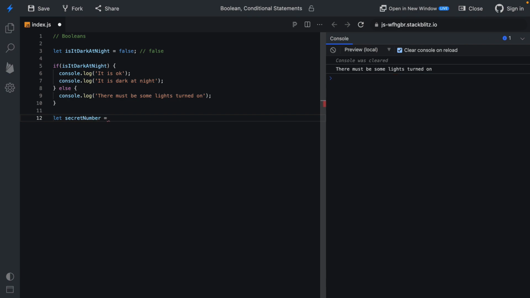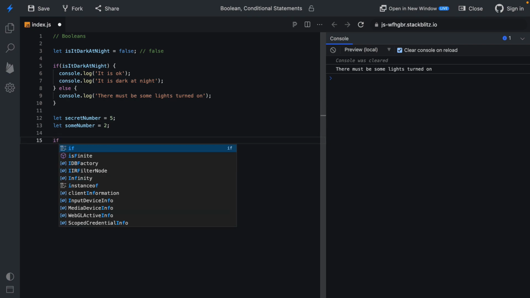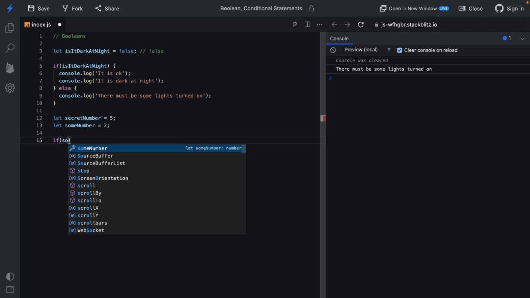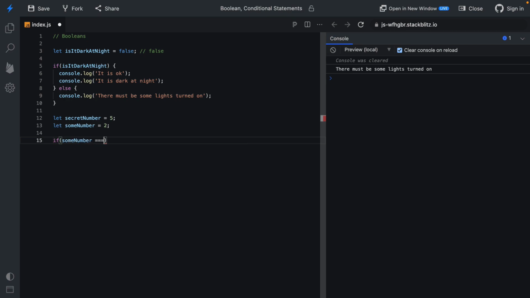Okay, and let's assign it 5. Another variable, let some number equals, let's say 2. Okay, what I want to do now is just to check whether our sum number is equals to secret number. To do that, if sum number equals secret number, and braces